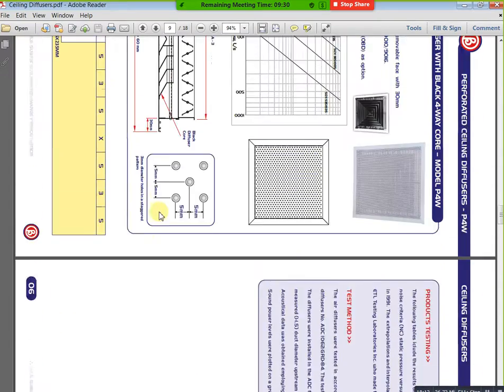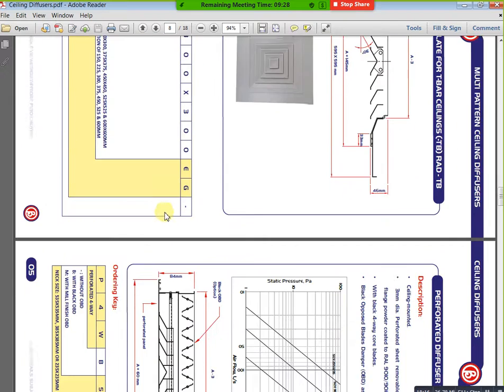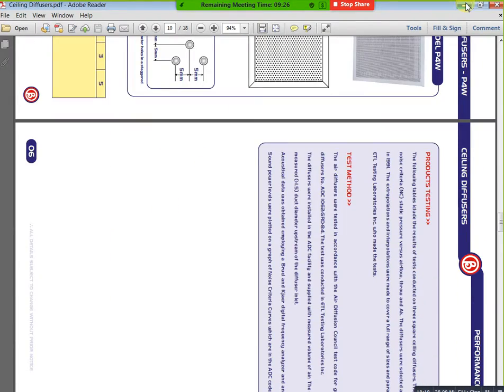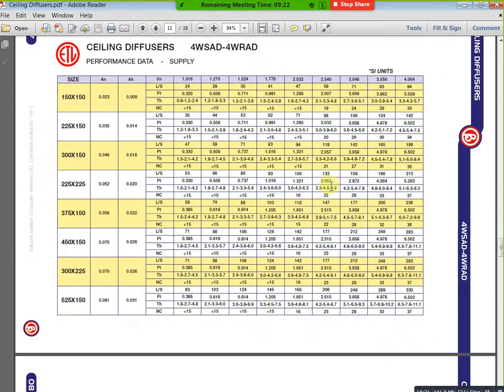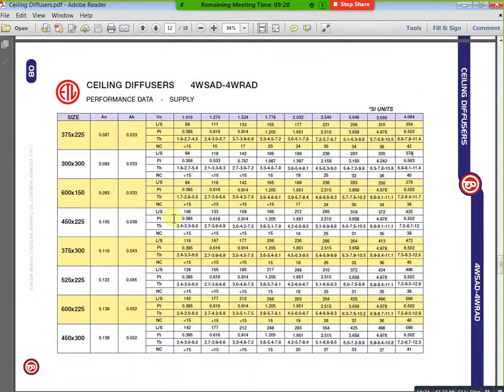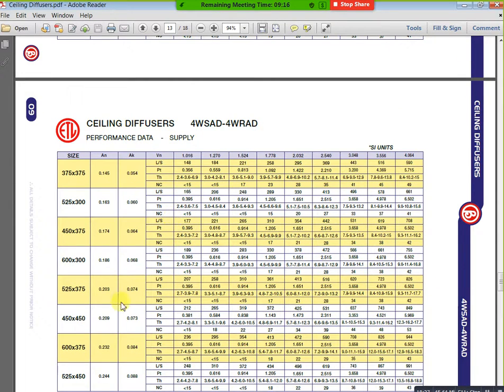Now I need a 450 by 450 diffuser. Just you can prefer that. Here I have 450, then you can see 425 to 531. Now if you go to any commercial complex or offices, you can see all diffusers of the same size, yes or no? Why do we need to select like that? We can control our volume by using VCD. How much flow you need for that diffuser, that much flow we can adjust by using VCD.